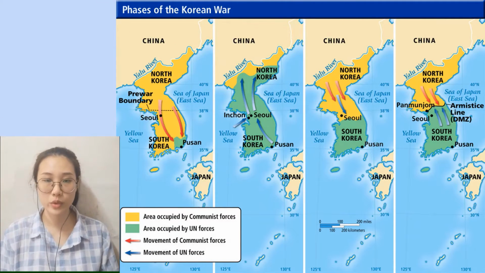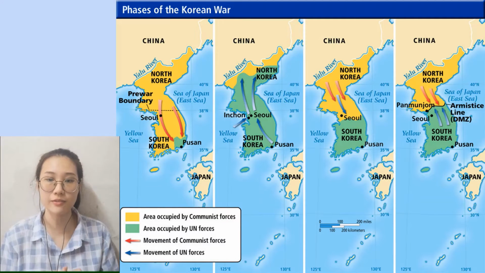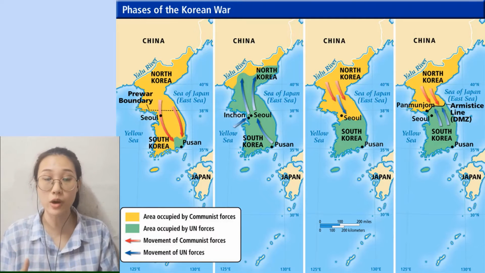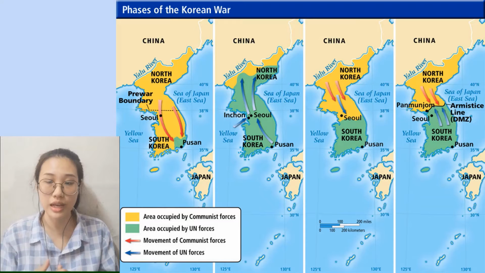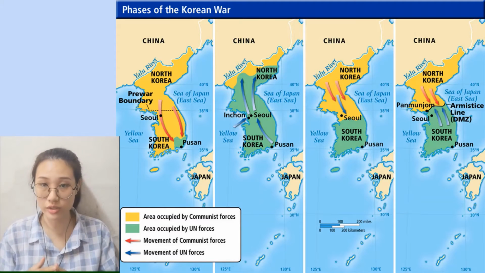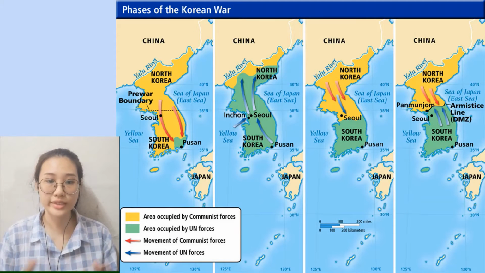So right now we will move to the conflict dynamic. In the pre-conflict phase, the political tension between the two Koreas intensified when they had incompatible goals on the unification. Then in the confrontation stage, when the Soviet Union and US withdrew from the Korean Peninsula, the North marched across the division line and invaded South Korea. And then in the crisis stage, the war was intervened in by the US after the UN passed a resolution to allow intervention from other states.